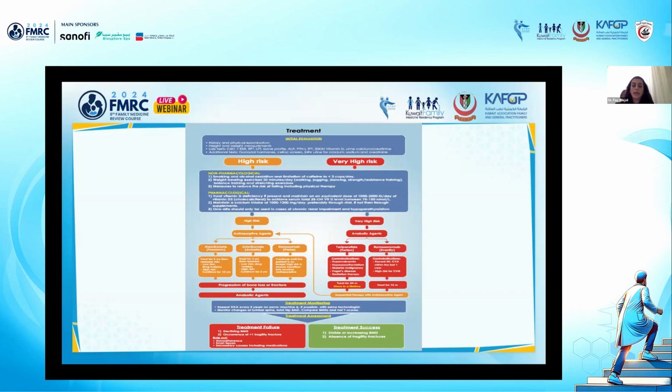Anabolic agents build the bone. Romosozumab has a dual effect: it builds the bone and inhibits breakdown of the bone. But these agents should be followed up with anti-resorptive agents, which are the agents that stop breakage of the bone. Okay, they stop osteoclasts. With regards to anti-resorptive treatment, we have 2 agents available in primary care: the alendronate,